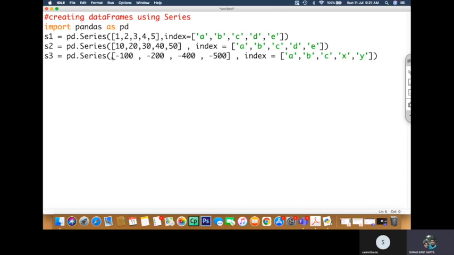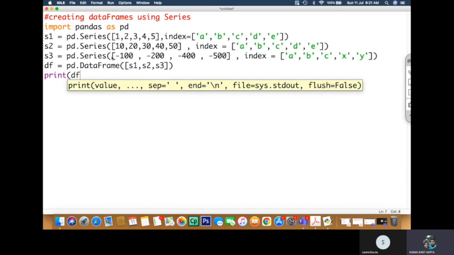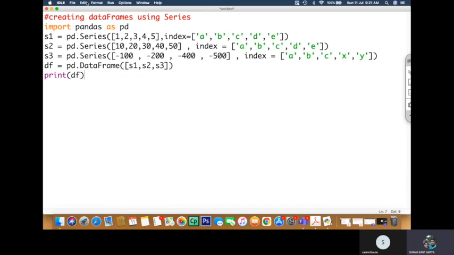So let us see what will happen if I create a data frame, and here I am passing S1, S2 and S3. Let us run the code.